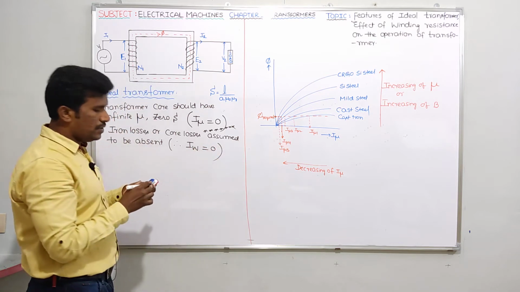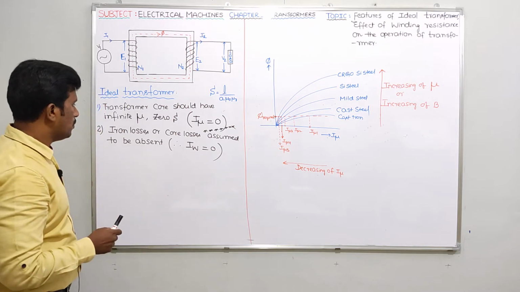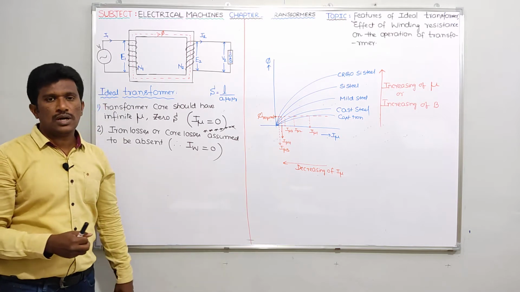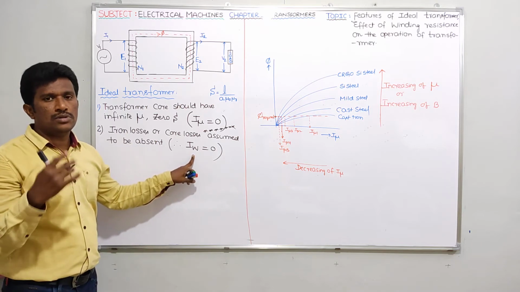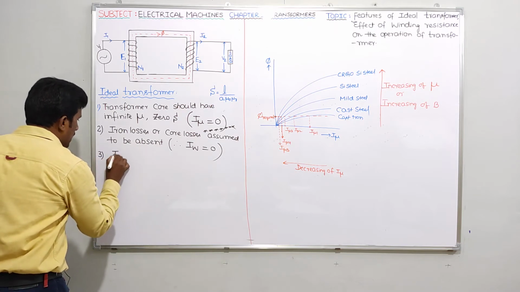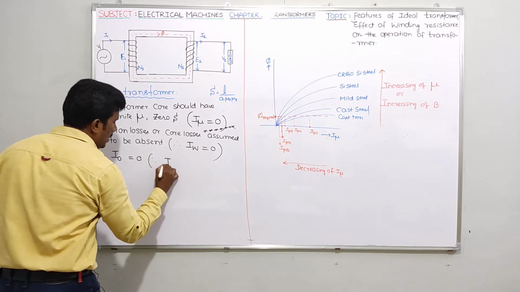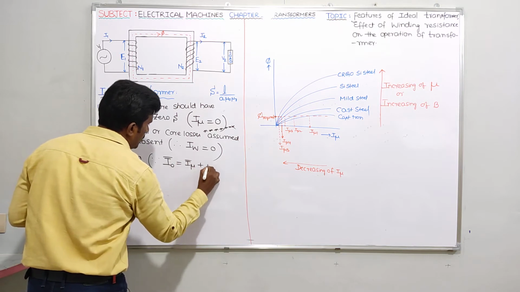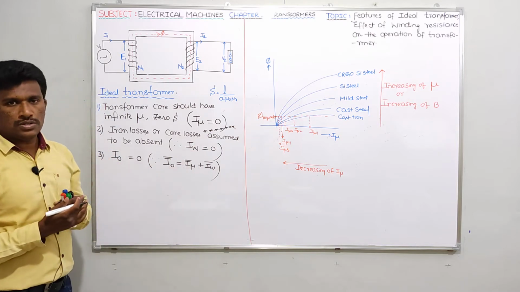Because in the previous videos, if you observed clearly, I told you, what is the name for this IW? Working component of no load current. What is the other name? Core loss component of no load current. It is used to represent core losses, or iron losses. Whenever iron losses are 0, you can simply write IW equal to 0. That's it. And third point, I naught value, how much here? 0. What is the reason? Since the relation between I naught, I mu and IW is I naught bar equals I mu bar plus IW bar, whenever I mu is 0 and IW is 0, I naught is also equal to 0.